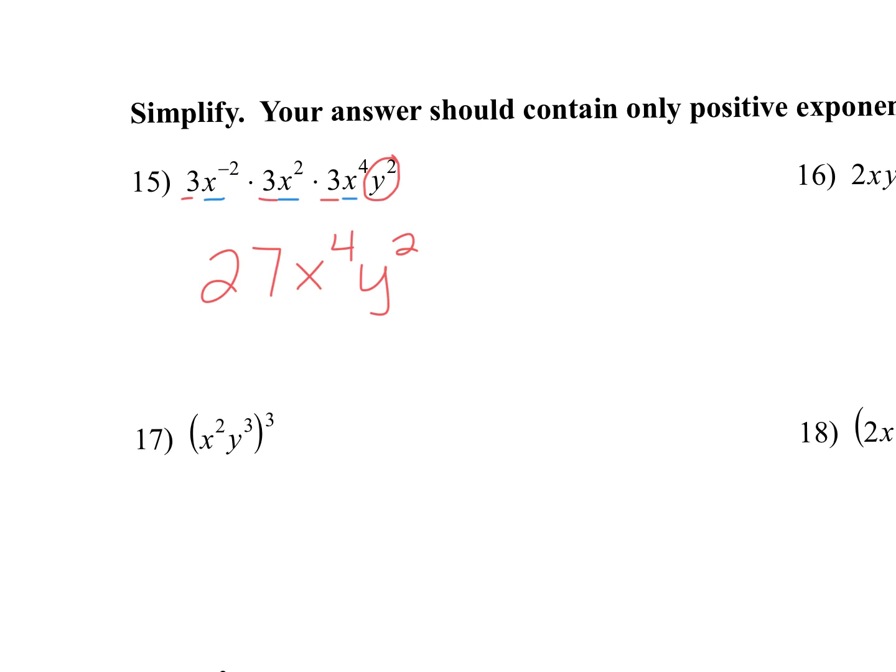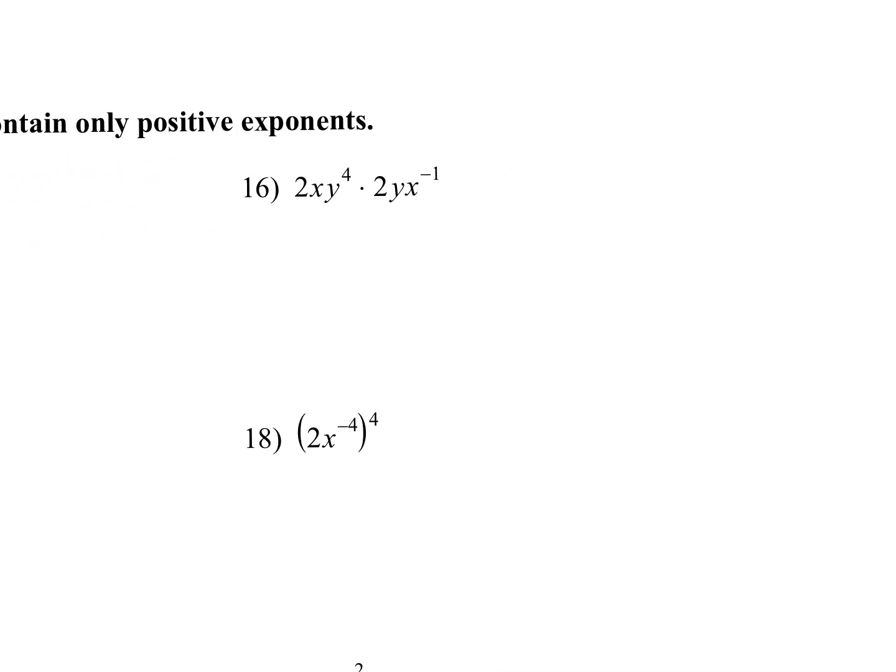Okay, let's look at 16. It's pretty similar. What do we want to do first? Yep, multiply the 2's. 2 times 2, 4. Next, you want to look at the x's. What's the exponent on the x? The first one. 1. Yep. And then we have x to the negative 1. X, 1 minus 1 is